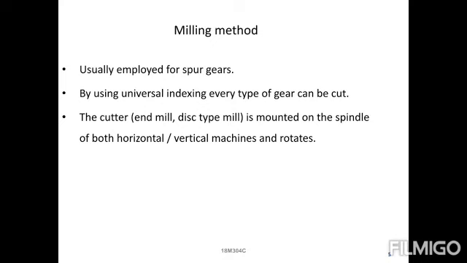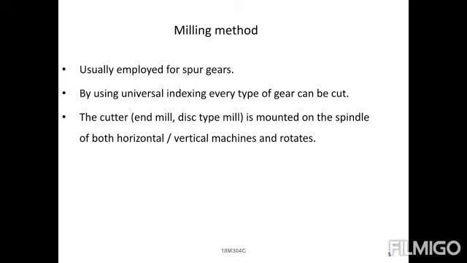Next one is the cutter. Here also the cutter is the most important thing. Which type of cutter? It is an end mill, and also a disc type of milling cutter. It means a round circular object connected to one more round circular object. That is the cutter, and when both are in contact, material is removed in the machining process.